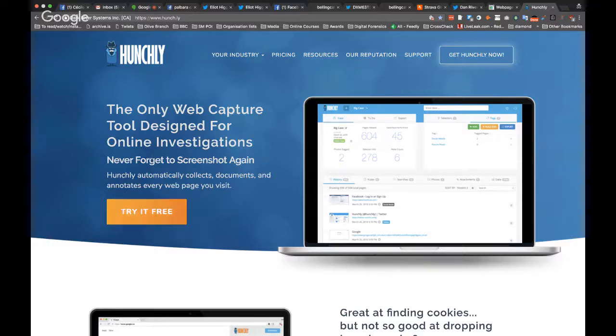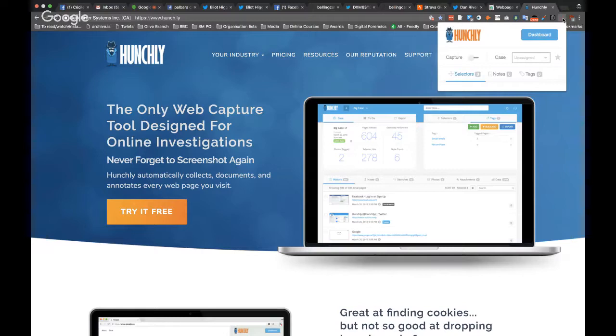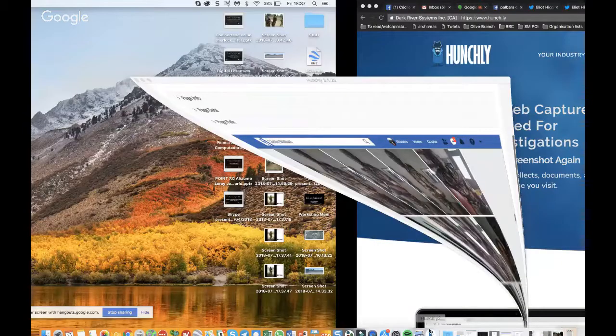What it does is capture. It comes up as a plugin on your browser, and when you switch it on to capture, every page that I visit is going to be captured and saved on my local computer.